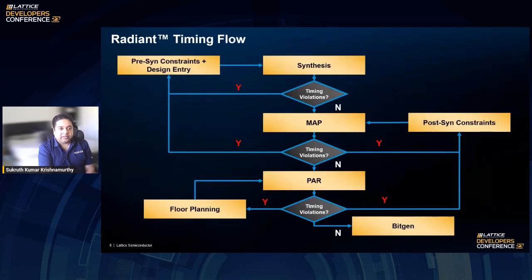Here's a sample Radiant timing flow. In a typical Radiant timing flow, users would input timing constraints and design entry to synthesis. Once you perform synthesis, it is recommended to run timing analysis. Once you run timing analysis on the post-synthesis design database, you look at the timing reports and see if there